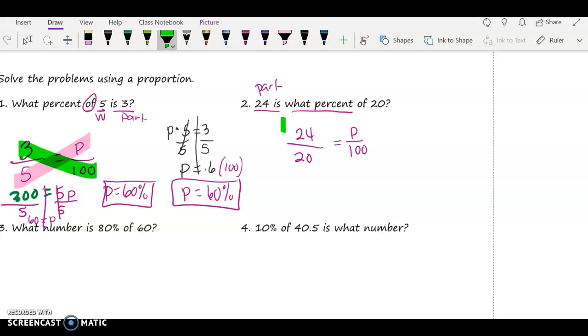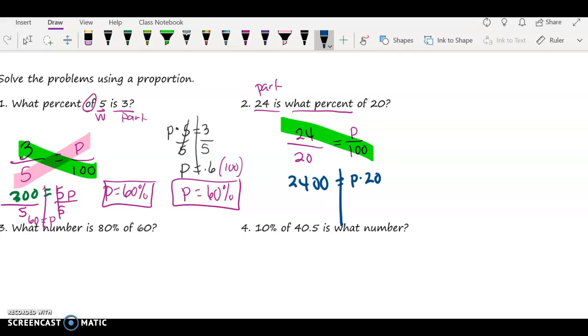Cross multiply. 24 times 100 is 2400 equals p times 20. I'm multiplying by 20. The opposite is to divide by 20. And 2400 divided by 20 is 120 equals p. So p equals